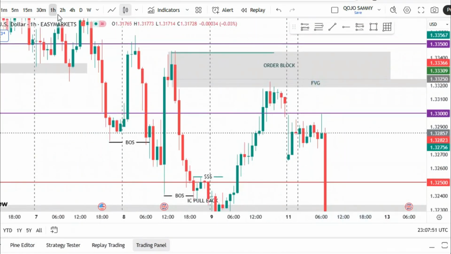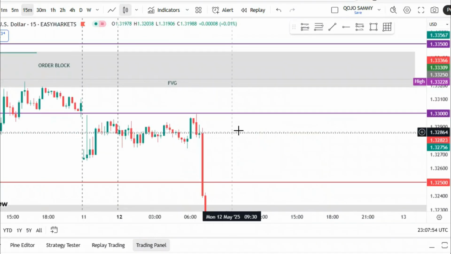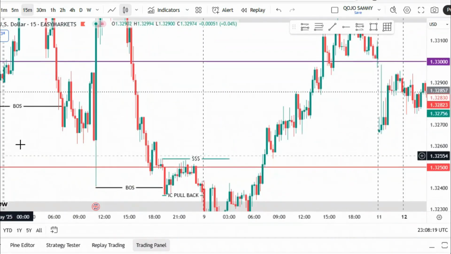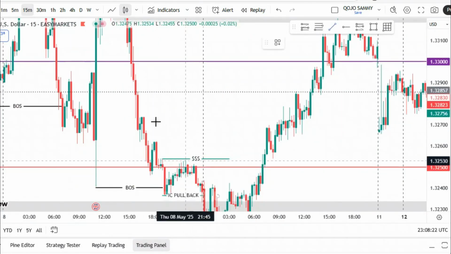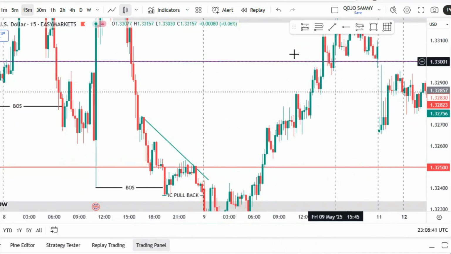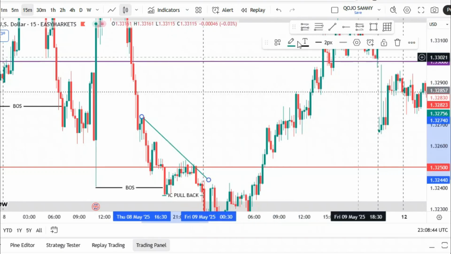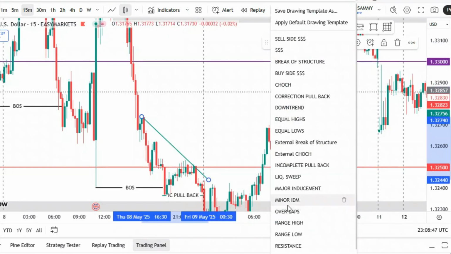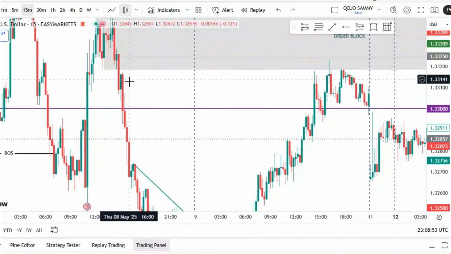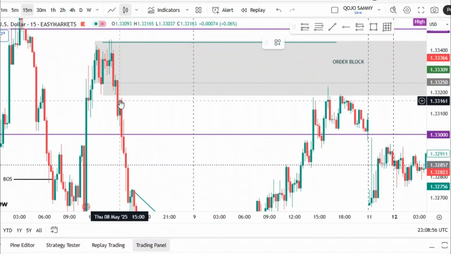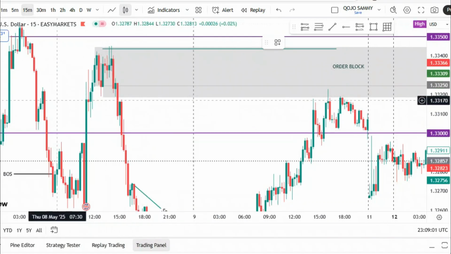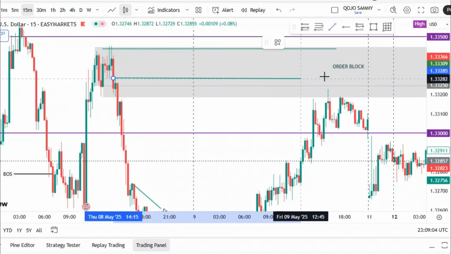So right, I've gotten my structure here. Price came into the fair value gap. I went into 15 minutes for more confirmation. Upon going into 15 minutes for more confirmation, I saw that we had a lot of liquidity here. This is all trend line liquidities. So we had this trend line liquidity. I would want to also wait for all that liquidity to be swept, and then this trend line liquidity to be swept, and then over here we had this supply area closer to our order block, and it is either this is taken out or